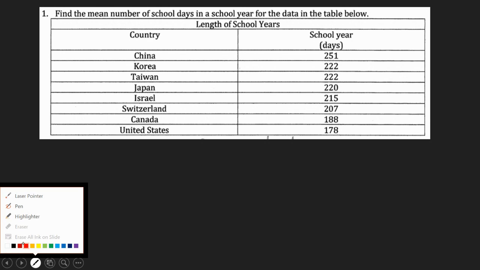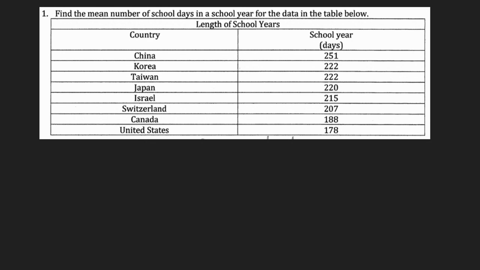So first off here, we have some different countries and how long their school year is in days. We are being told to find the mean number of school days in a school year for the data in this table. So all we're really doing is finding the average of the list of numbers. So we're going to add up 251, 222, 222, 220, 215, 207, 188, and 178. So we're adding up all of those numbers there. We get a grand total of